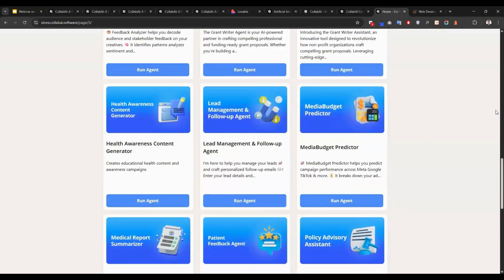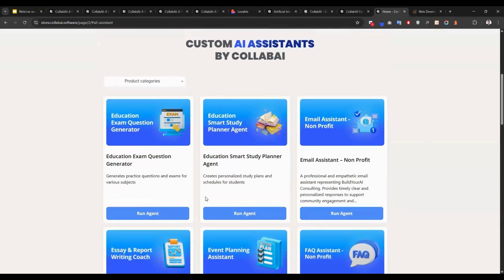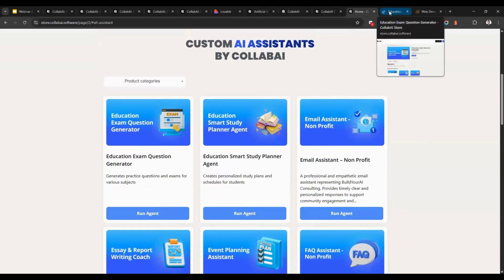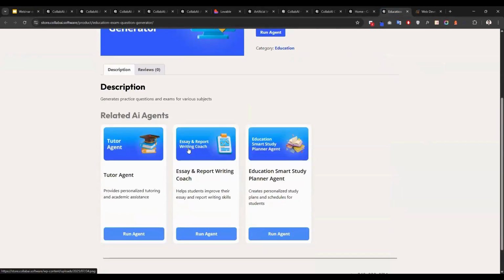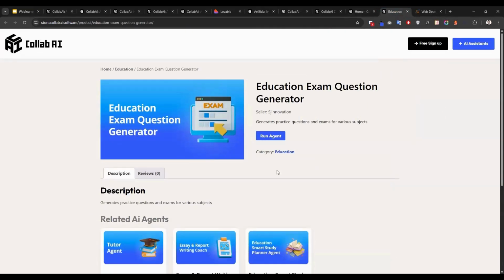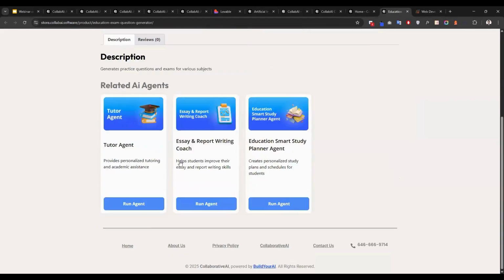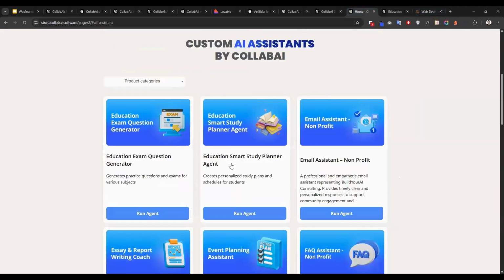You can test these agents out in your free time. I'll not go deep into them, but I'll just show you the overview of how you can use the agents. If you go to the agents, you will see these agents you can directly run, and related agents are also ready over here.